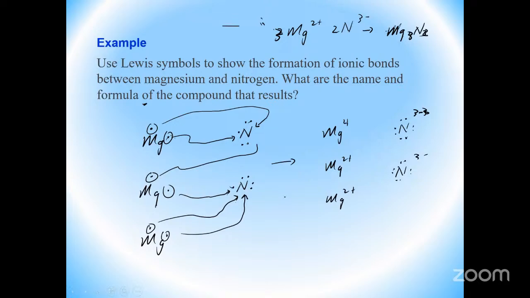All right. So, oh, and by the way, it also asks for the name of the compound, and the name, of course, would be magnesium nitride. All right. And that's it. All right. So that's a relatively simple exercise. All right, so